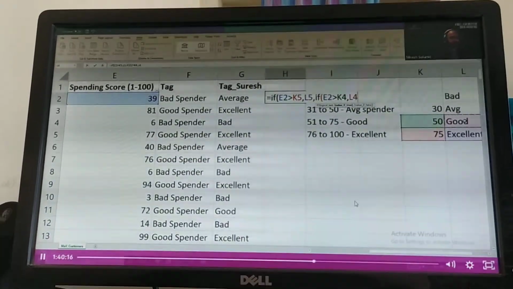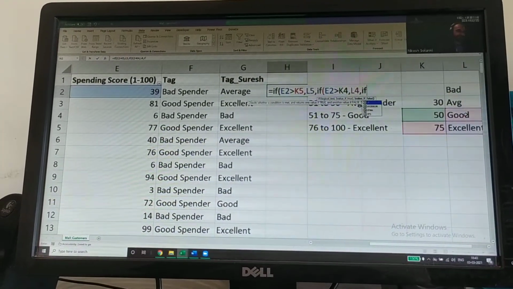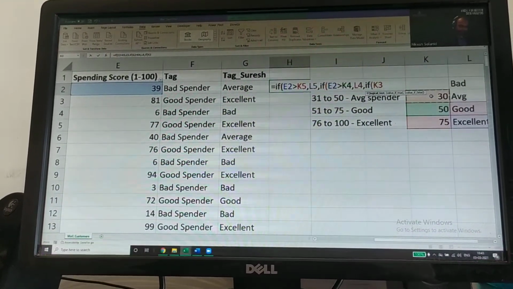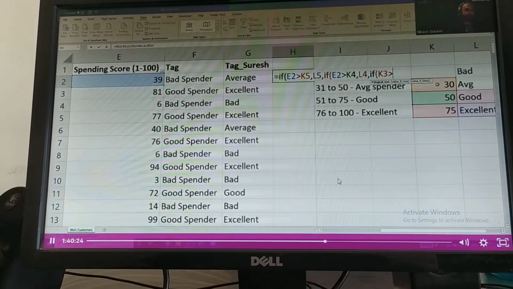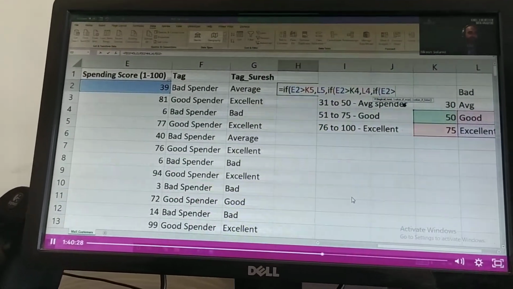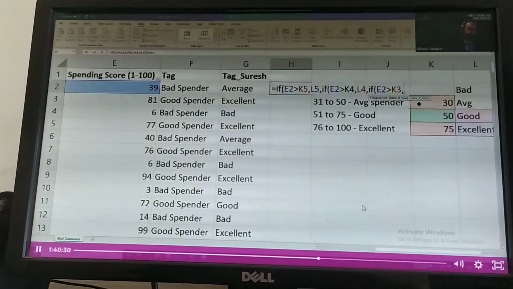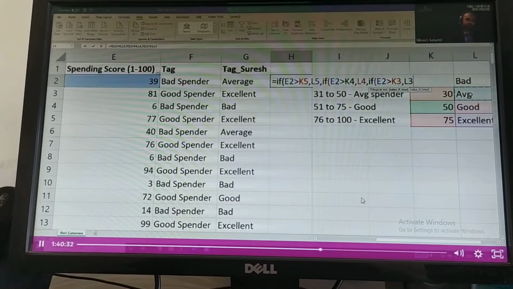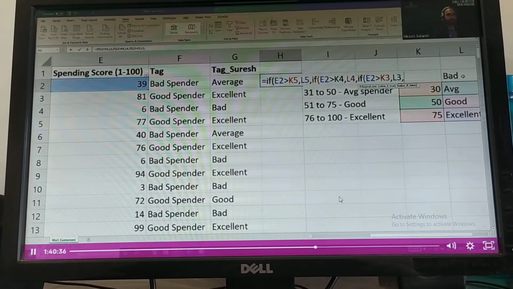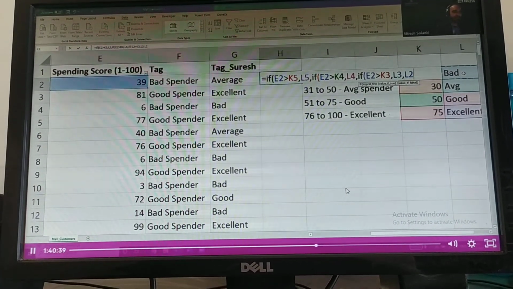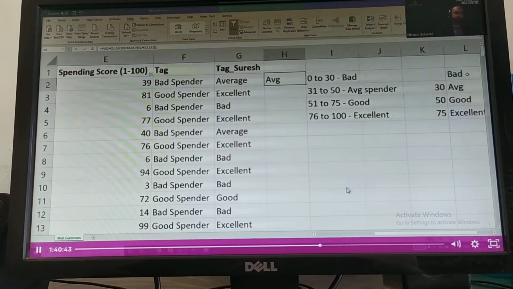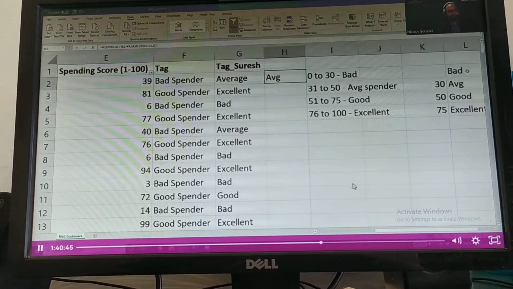Got it. Then there is an if again: if this is greater than 30, it should become average. Otherwise, a comma and directly, nothing. Correct. Now I will close, and this is what you get, right?